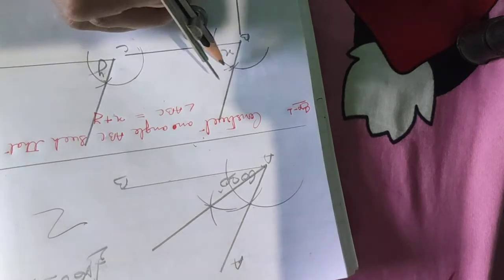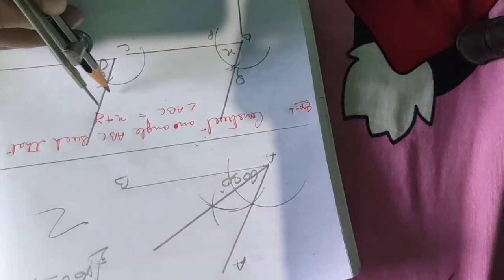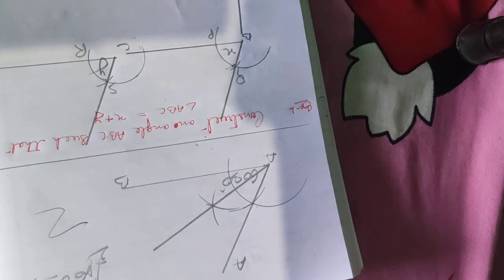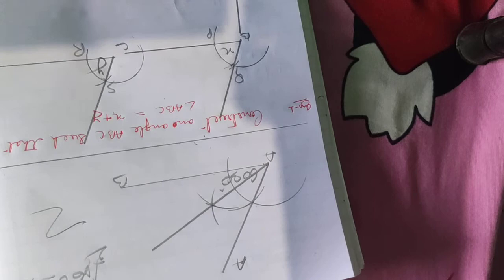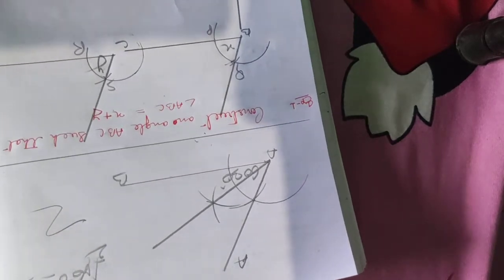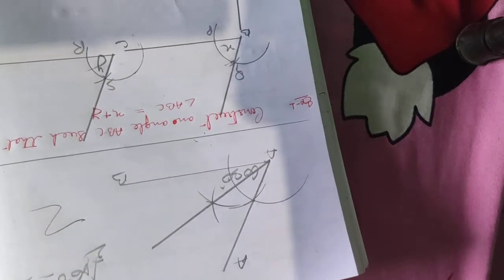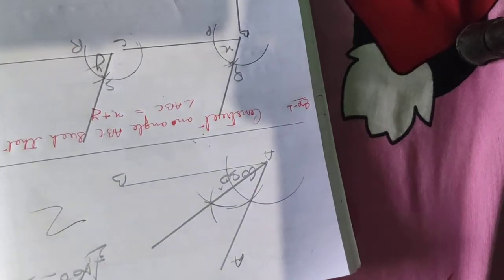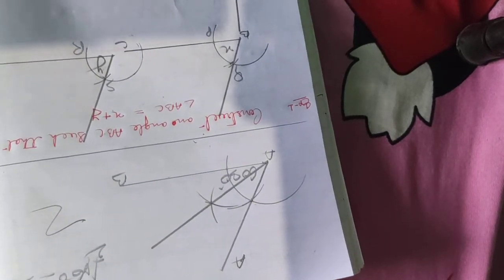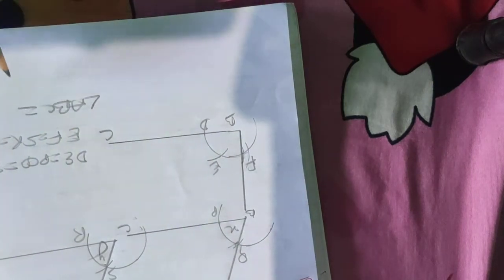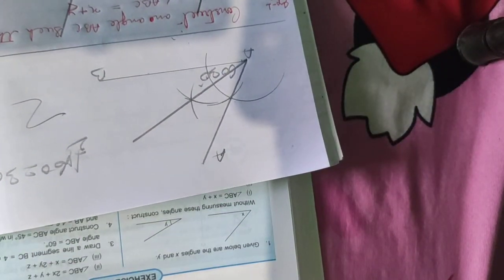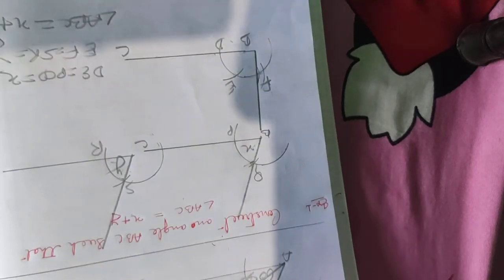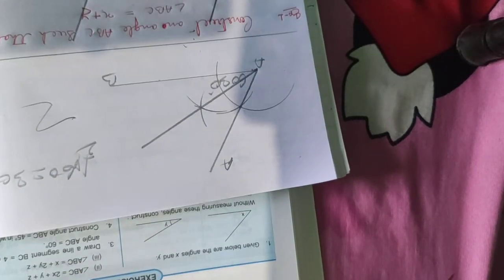You can write here QP, SR, okay. This is D, this is E, this is F. So DE equals PQ equals X length and EF equals SR equals Y length. So angle ABC equals X plus Y, these two, X plus Y, okay children. So like this you can do. In the same manner, you can do angle ABC equal to X plus Y.